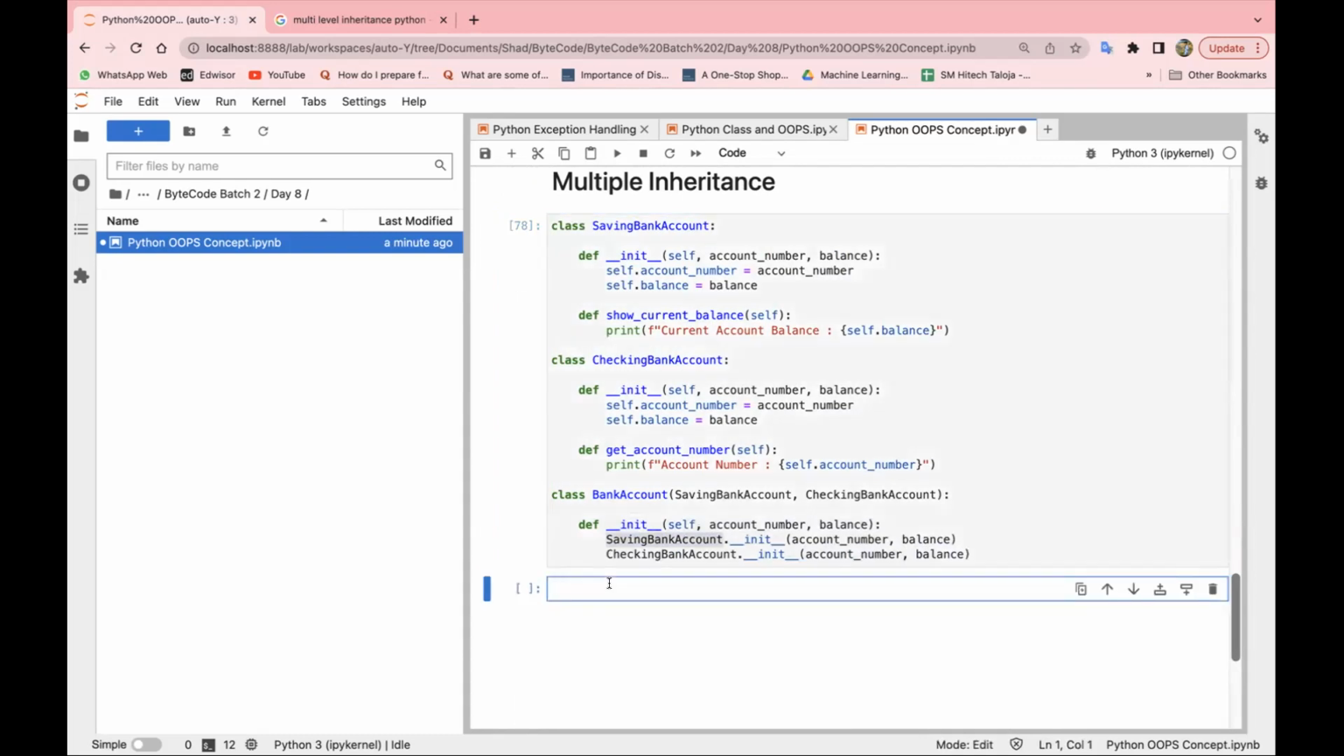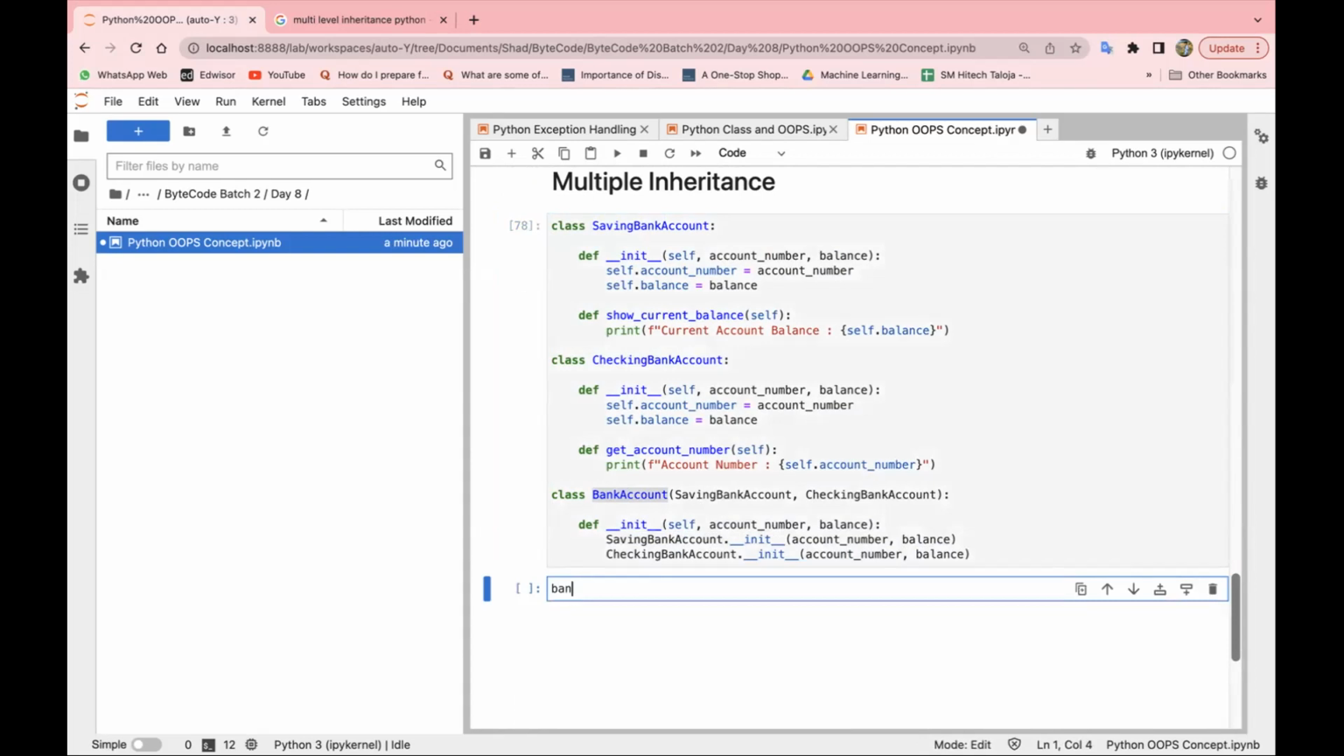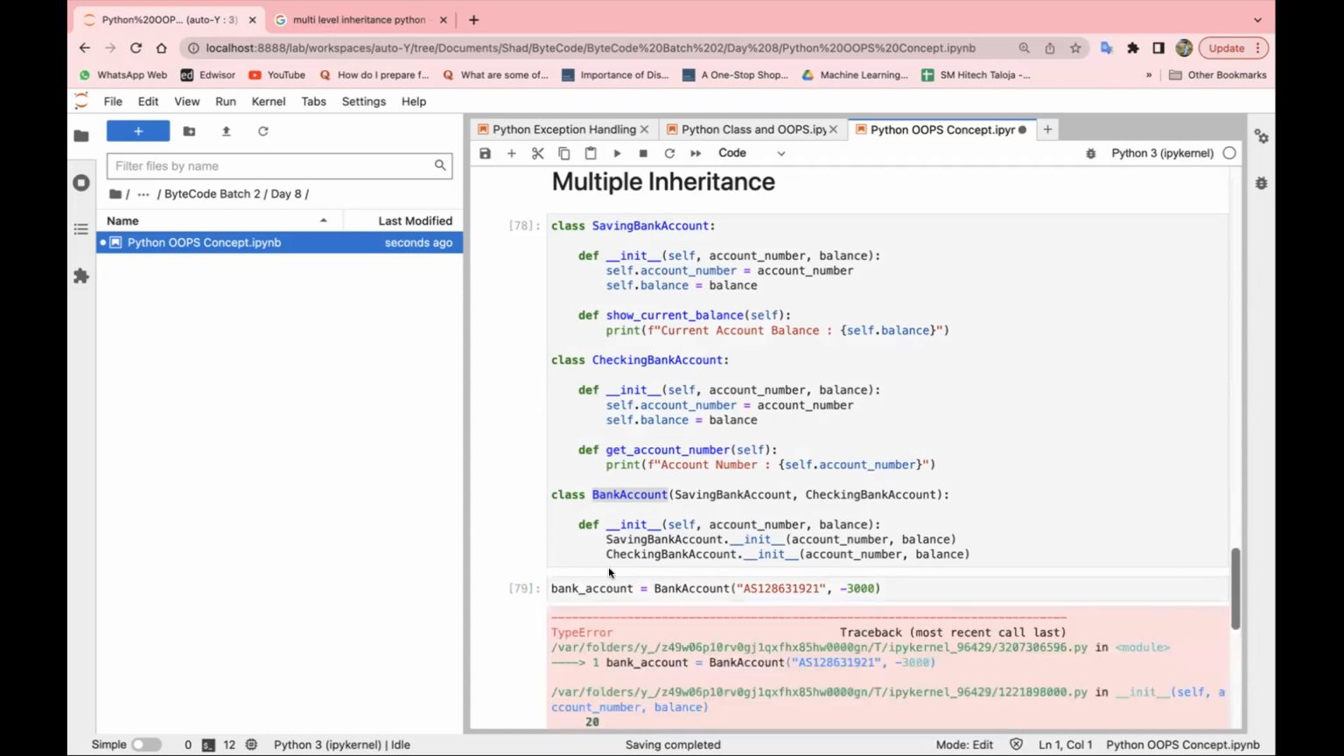Now if I create an object of the bank account, in which I need to give the account number, let's say any random account number is 18, and account checking, and the balance required is in minus. I'm very broke, like minus 9,000 or 3,000. So now if I do this,